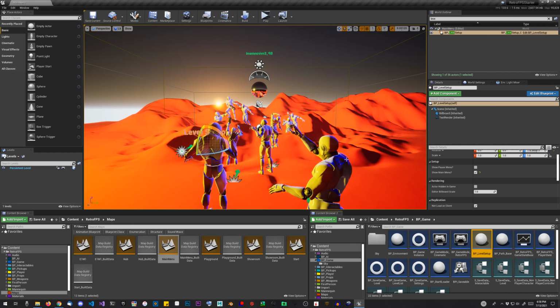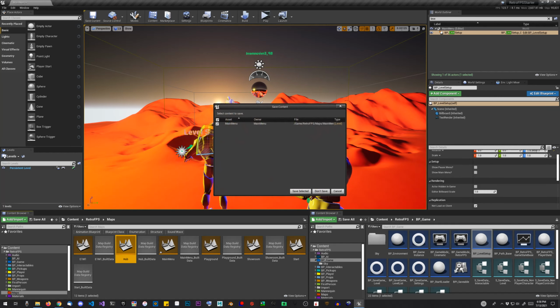For example, when you load a new game, you'll make sure to initialize the level with all the save data, if you're loading from a save game, that is. And for this instance, we're showing the main menu, but the other option is to show the pause menu or none at all. For example, our hub sub-level here,